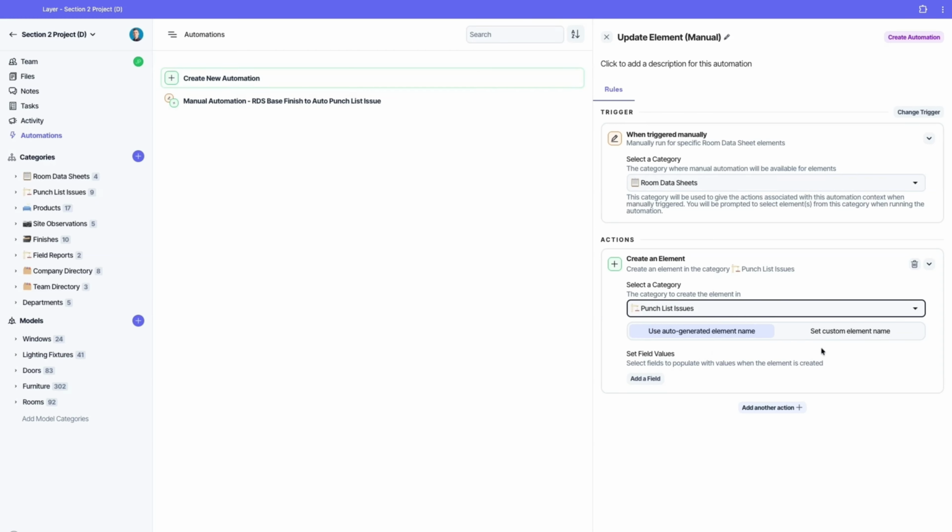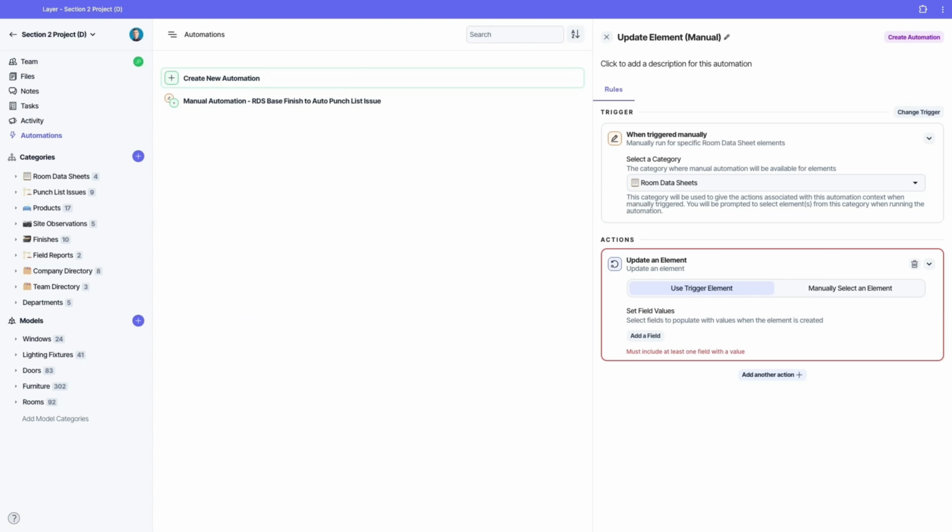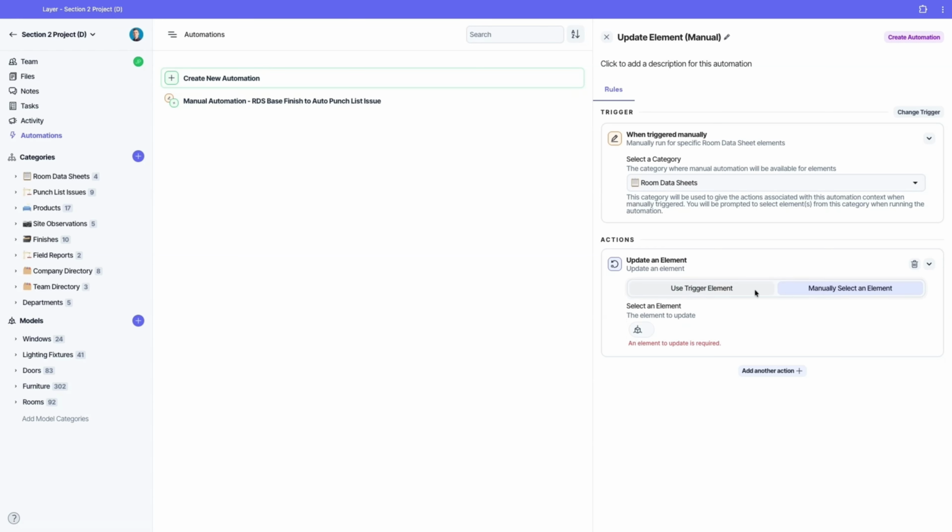When you configure this action, choose the target category and set the element name either to auto-generated or a custom element name. The second action we are going to look at is updating an element. This is honestly probably the one that you'll use most. First, you choose which element to update, either the element that triggered the automation or a specific element you manually select. The most common setup is the trigger element, so the automation fires and immediately updates the same element that